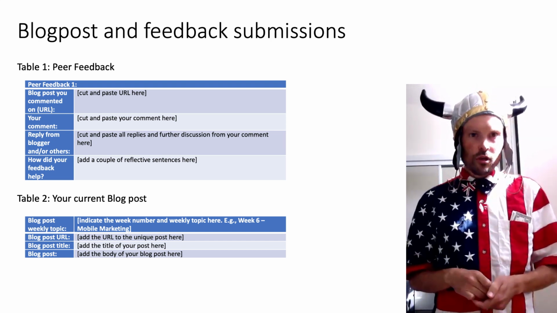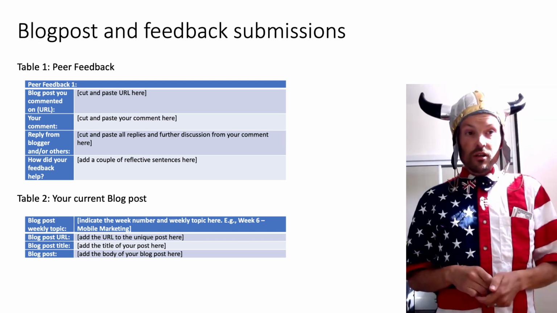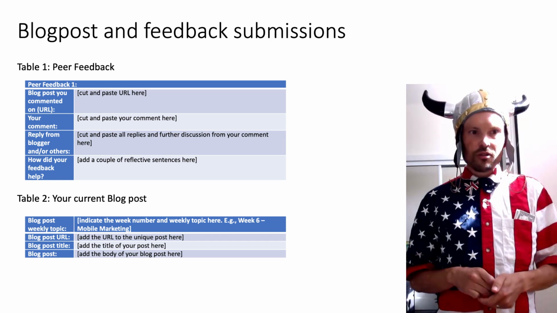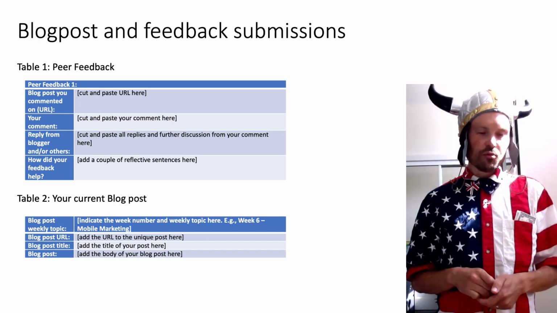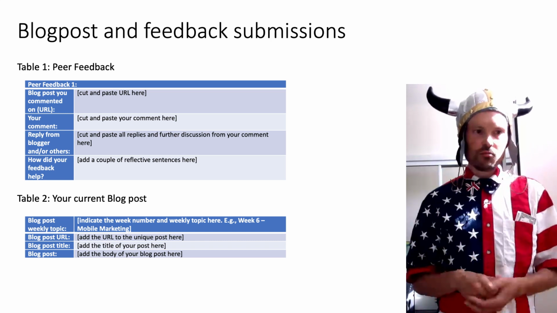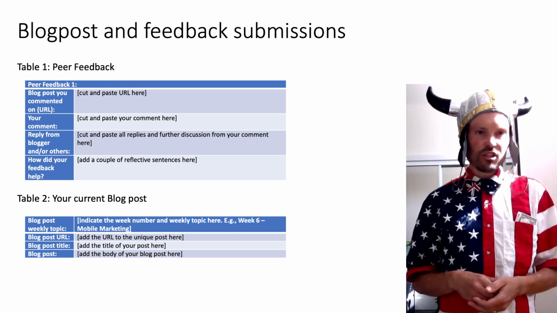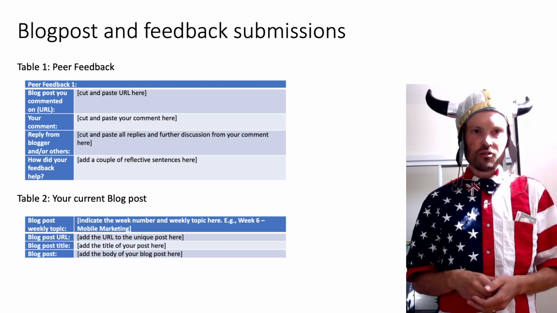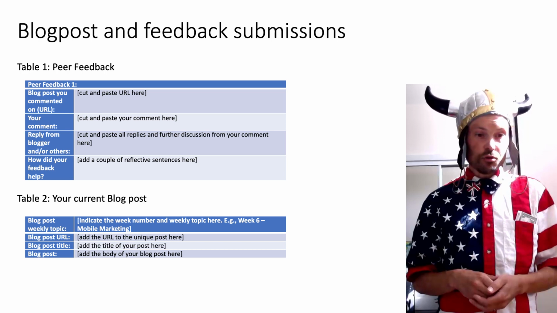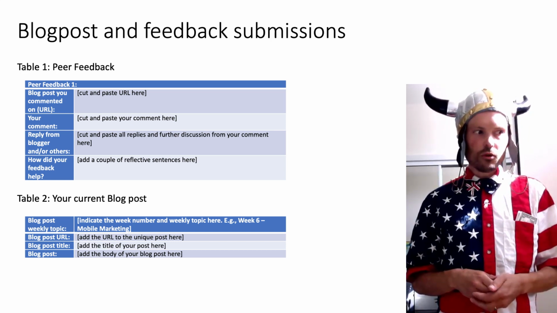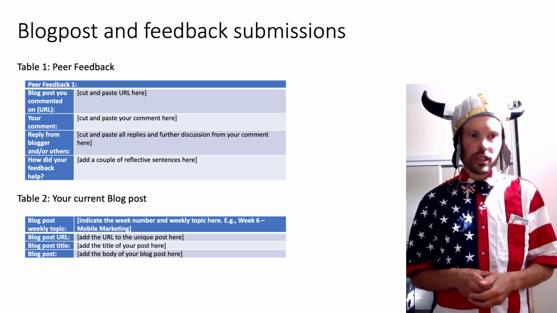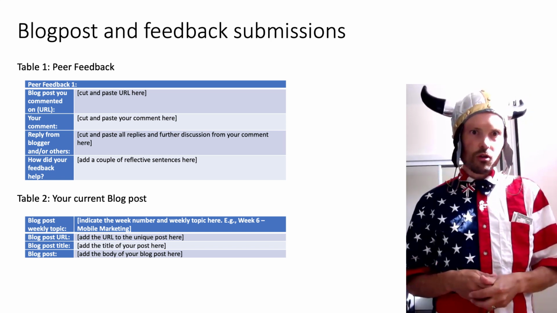So if your submissions of these assignments come through with 0% similarity index, then that will raise a flag for us, because then we'll question whether or not you actually have provided this feedback live to your peers. In table 2, of course, we expect to see close to 0 on similarity index,